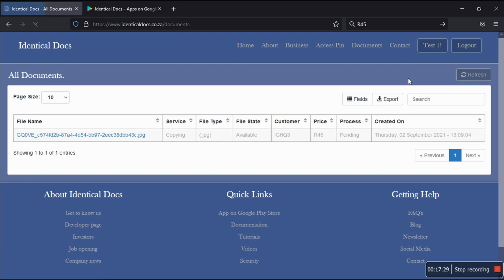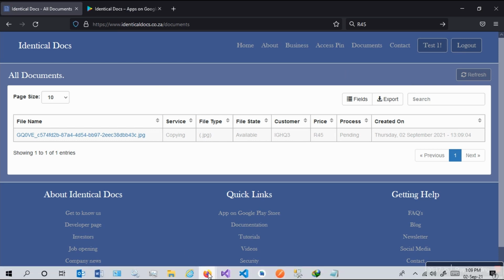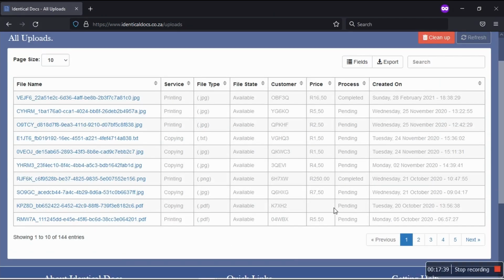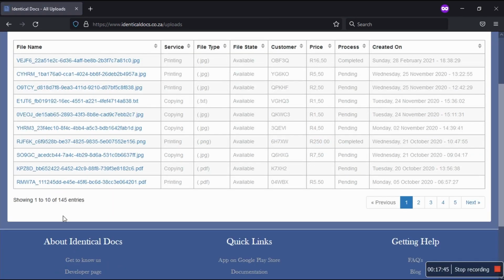There we go. I just refreshed this, and there is a record. And then look what's gonna happen now when I go to the admin dashboard. You see it's 144 in total. Look when I refresh, what's gonna happen. 145. There we go. So on my phone, just to confirm, if I go to the alerts, it used